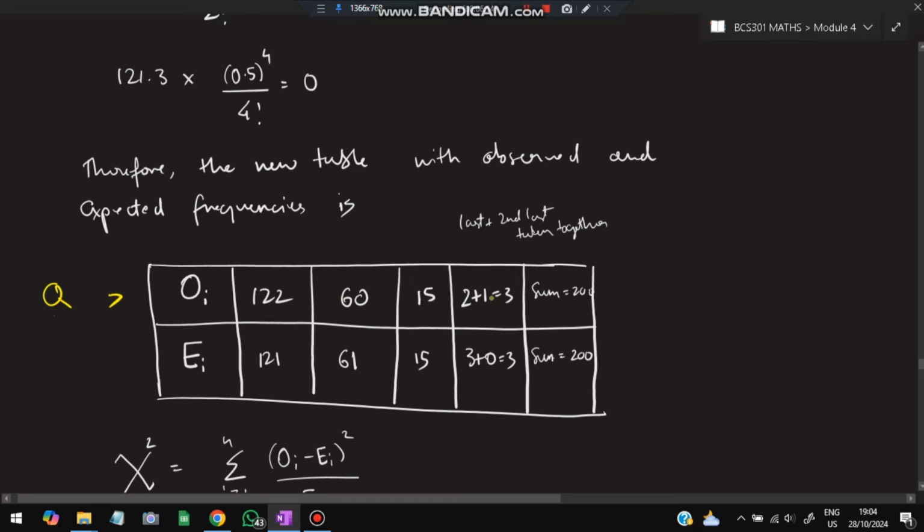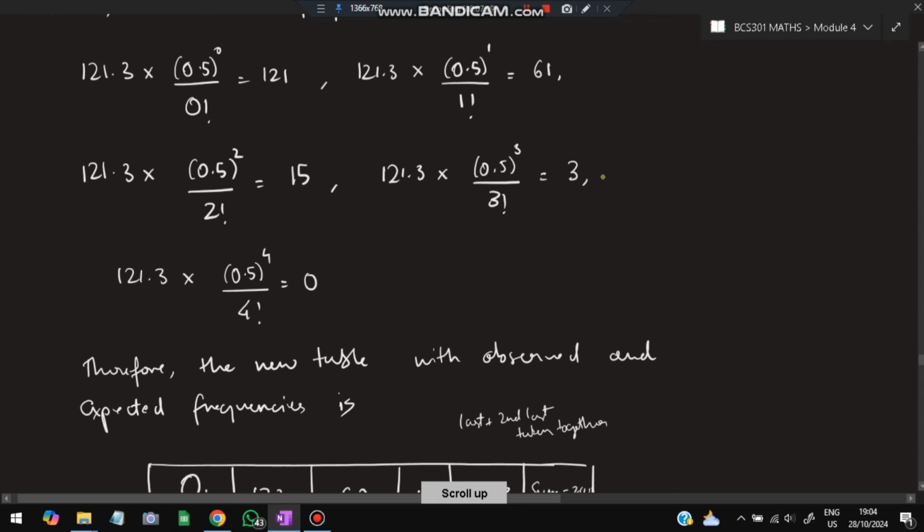Okay, now the last two values are added up here. Why? Because one of them is 0, we cannot take 0. So if there is a 0, we'll add up the last two. Okay, so 2 plus 1 is equal to 3, 3 plus 0 is equal to 3. Now what is 2 plus 1 and 3 plus 0? What I've written here, 3 and 0, I've got here as the calculated values. The last two values, 3 and 0, which I calculated, and 2 plus 1, is nothing but